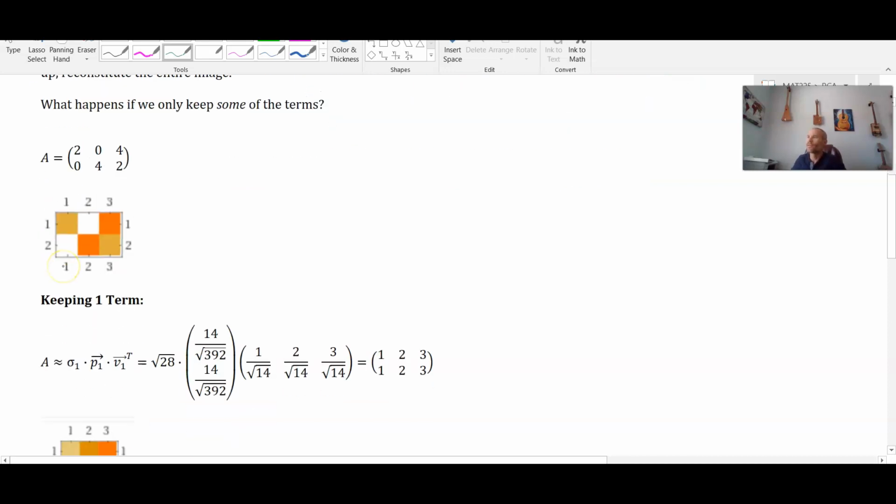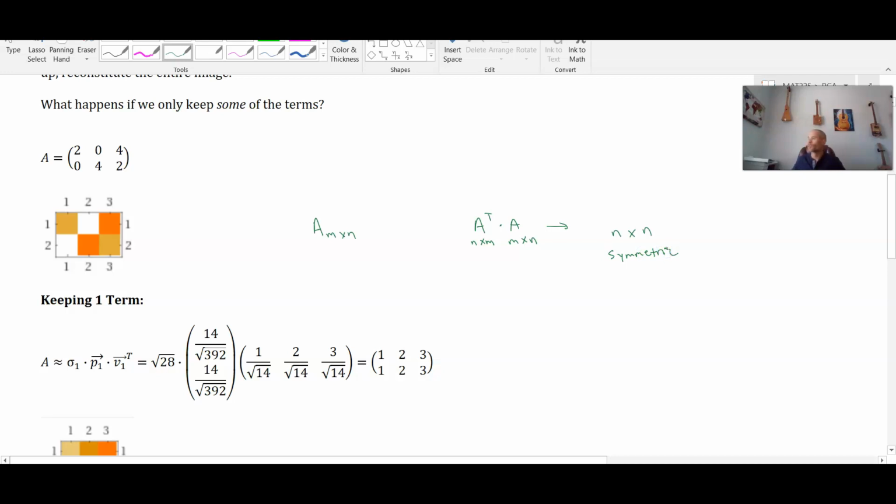Now, if I only kept one term of the expansion, this is going back to our original computation of the eigenvalues and eigenvectors of A transpose A. And remember again that the eigenvalues and eigenvectors are of A transpose A. Since A itself is m by n, then it follows that A transpose times A is an n by n square symmetric